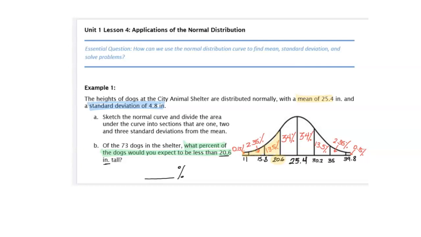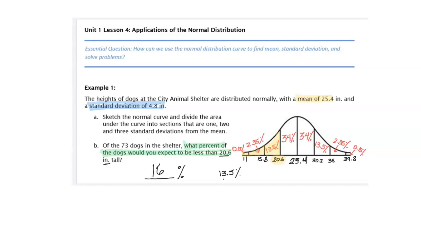Okay. So if we were to add up each of these percentages, our 13.5% plus the 2.35% plus the 0.15%, we're going to end up with 16. And that's in percent. So 16%. So just your side work,